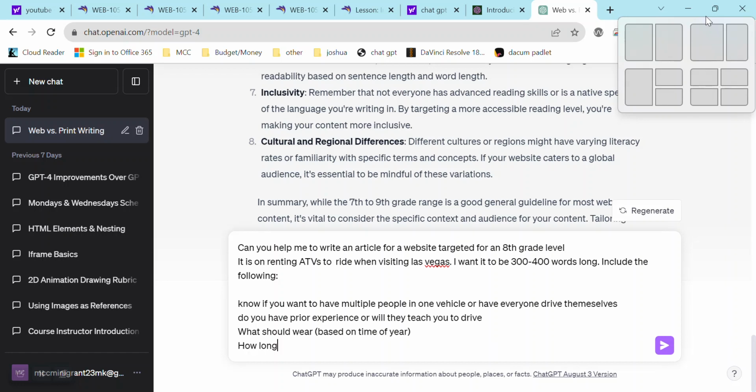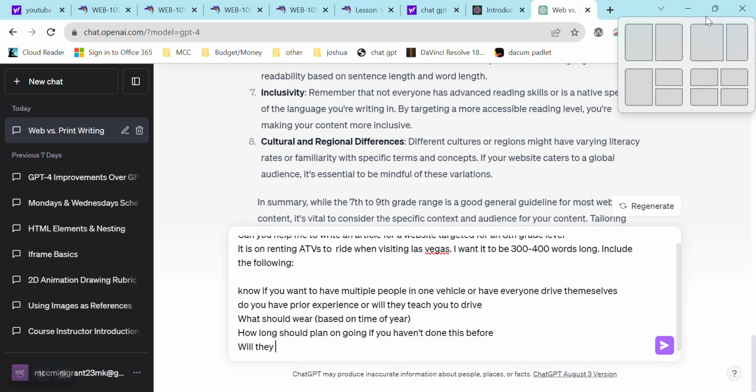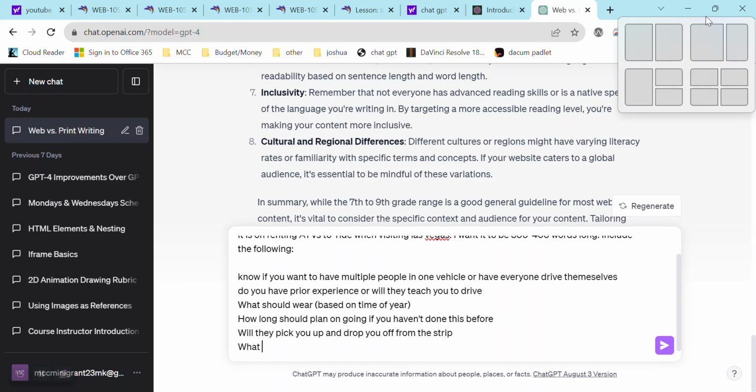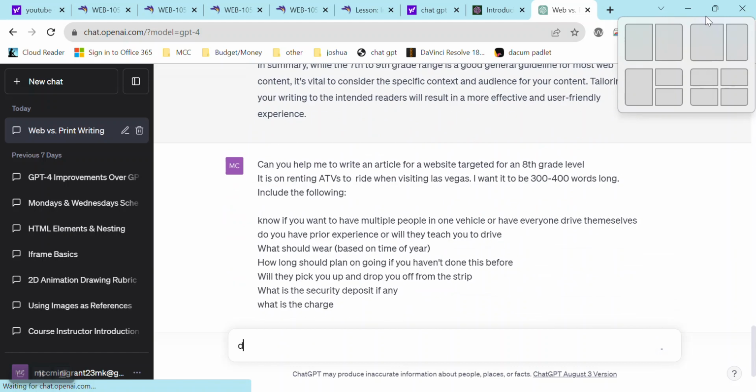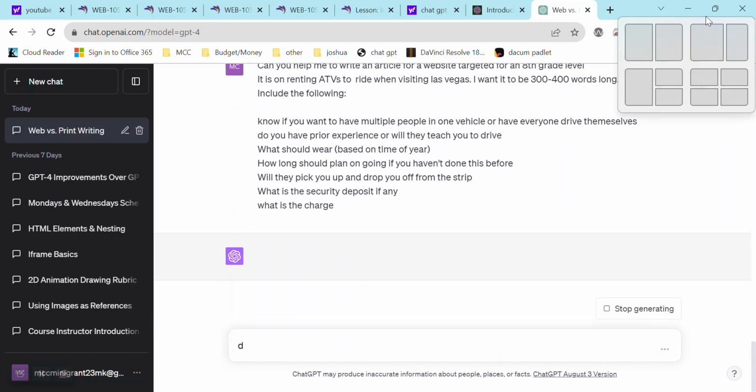How long should you plan on going if you haven't done this before? Will they pick you up and drop you off from the strip? What is the security deposit, if any? What is the charge? And I could keep going with that, but we'll see what it does.